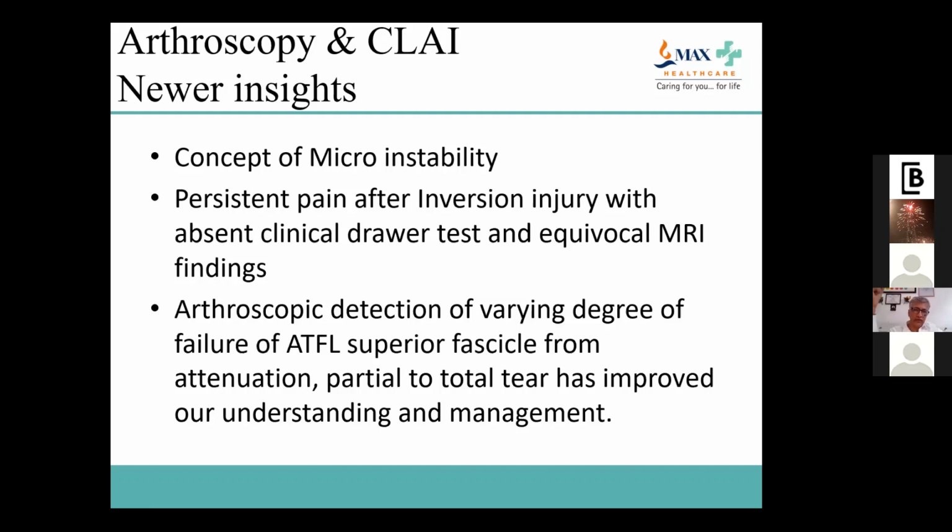So we can diagnose these problems arthroscopically. We can look into the footprints easily arthroscopically and understand them well. And if we find that it is only the superior fascicle tear or attenuation, passing one anchor and repairing it all inside, or probably doing again a Brostrom gold for it, will make the patient asymptomatic. So these are the newer insights we are working towards. And I hope in coming few years, there will be a white paper on these kind of problems as well.